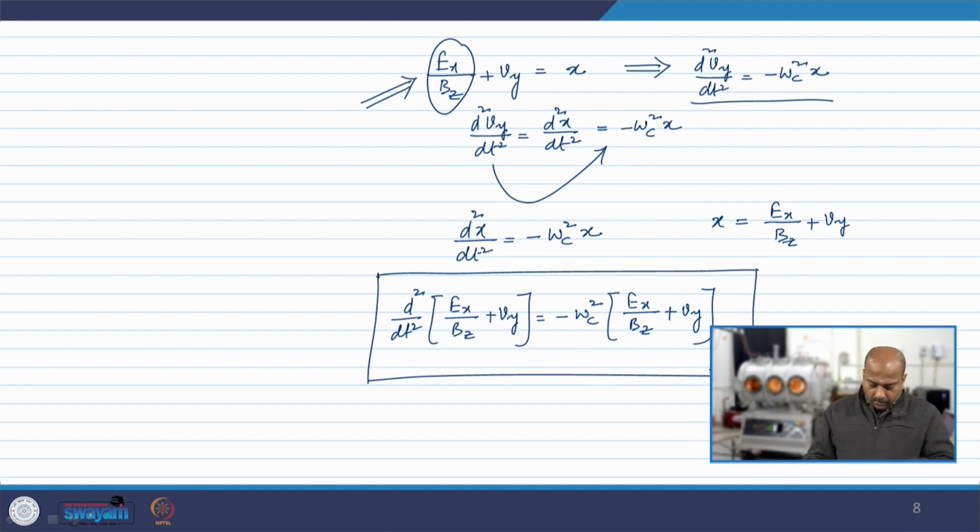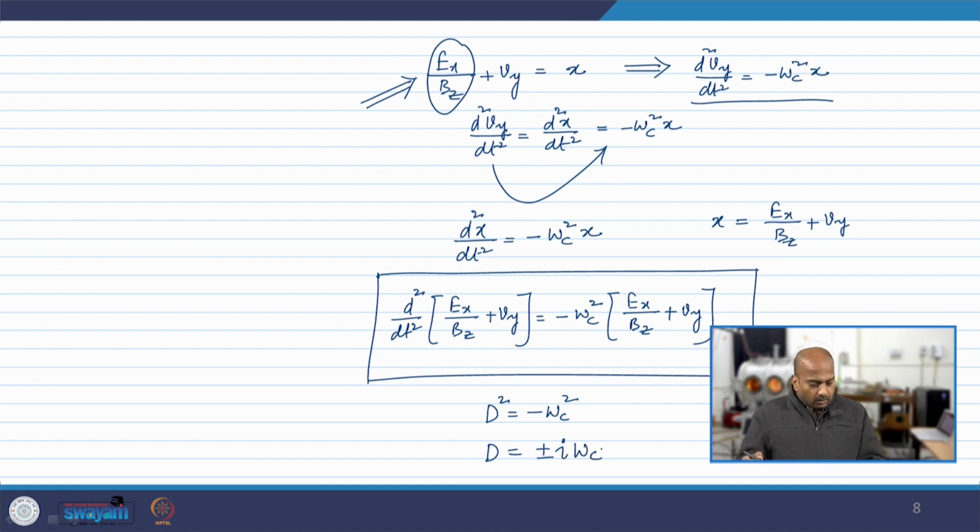Now, if I write this equation, let us say we have to solve this differential equation. In differential equation we can write it as D squared is equal to minus omega c squared, right. That means capital D is plus minus i omega c. So, the auxiliary equation has imaginary roots. So, we have to find out what will be the solution when the roots are imaginary,